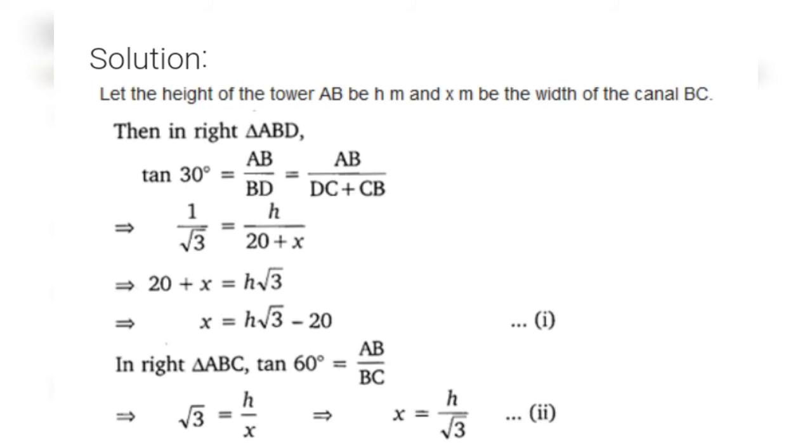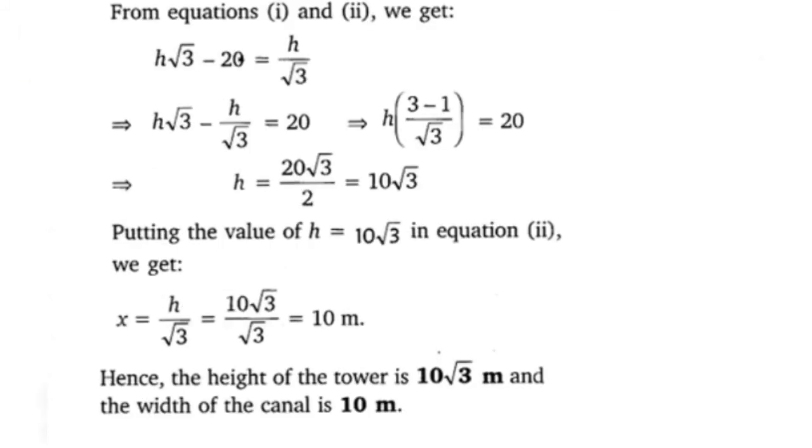Now moving to the next triangle, in right triangle ABC, here also I can apply tan theta, that is opposite side by adjacent side. On applying tan 60 degree, that is root 3, tan 60 degree equals AB upon BC. This implies root 3 equals h upon x. On cross multiplying both sides, I am getting x equals h upon root 3. Let me consider this as my second equation. Why are we considering this as the second equation? Because we are going to equalize both the first and the second equation so that we will find the value of x. This is the next step of our sum.